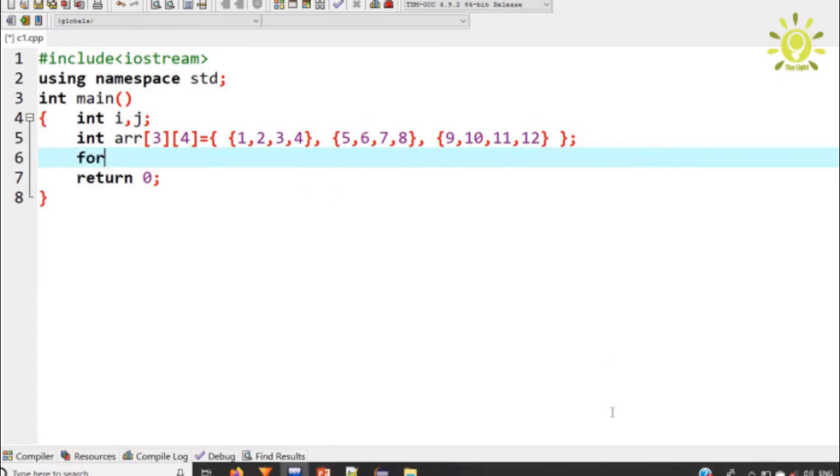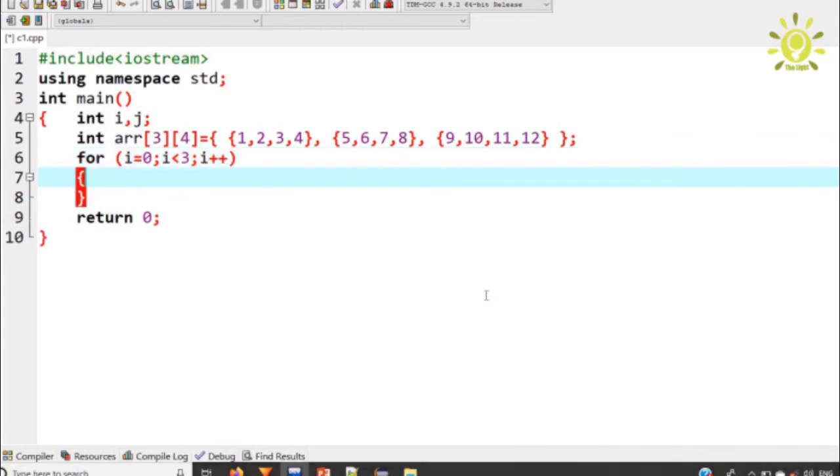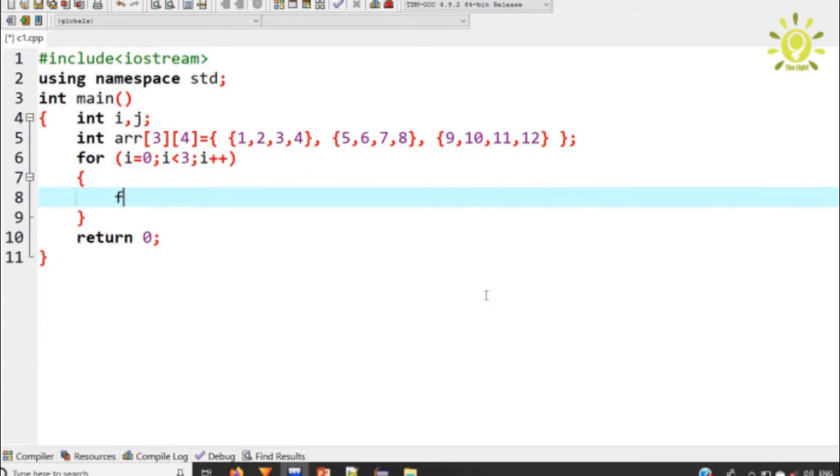I will use a for loop, and I have already declared i and j. For the outer loop, i is equal to 0. The outer loop is used to display rows. The row length is 3, then i plus plus.